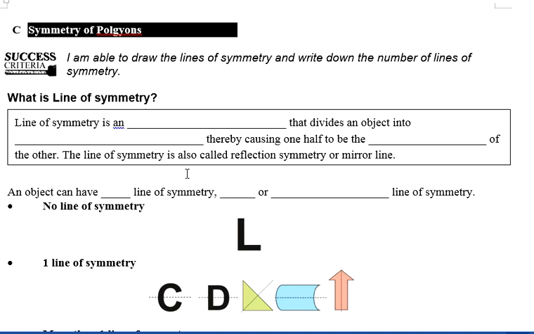Right now, we are going to look at line of symmetry. Now, what exactly is a line of symmetry? A line of symmetry is an imaginary line